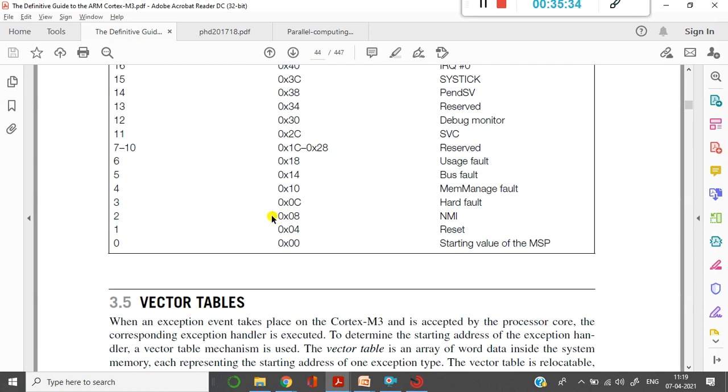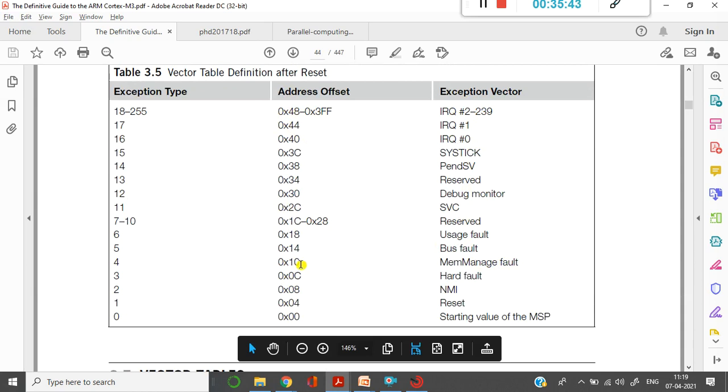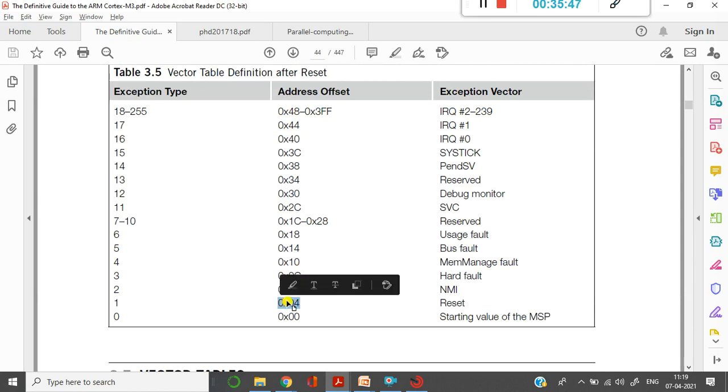So within system memory, these are the addresses that are going to be defined. This particular address will go and sit in my program counter. Now the processor will come to know that for the address showing in the program counter, the equivalent instruction should be executed.